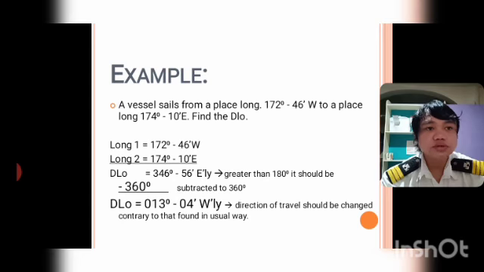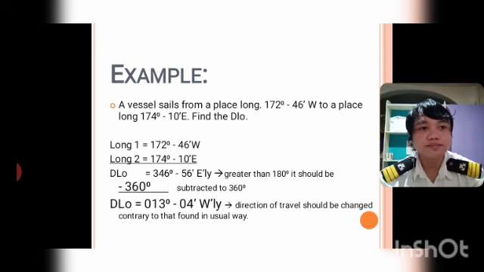But this one is the longest, no? So if we are going to have the true meaning of navigation, which is the shortest, we are going to stick to that. So of course we need to have the shortest one. Okay, so the remaining angle, no? The remaining angle between 346 to 360 degrees is only 13 degrees 04 minutes. And of course, we have the opposite direction, which is westerly.